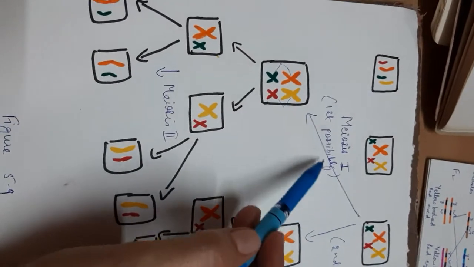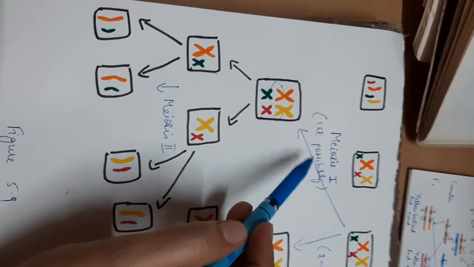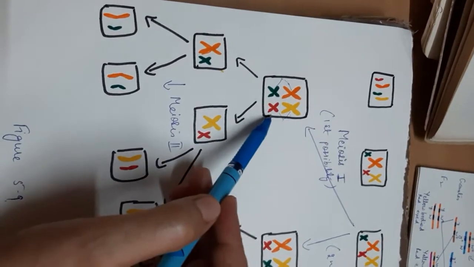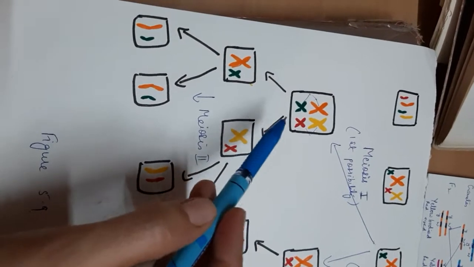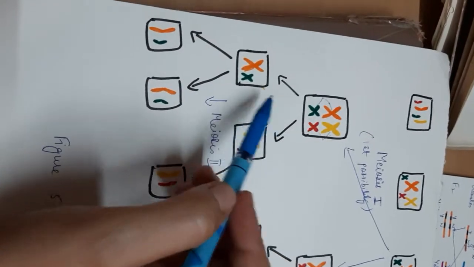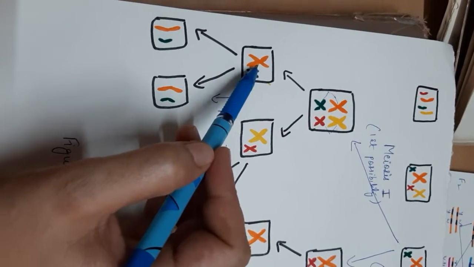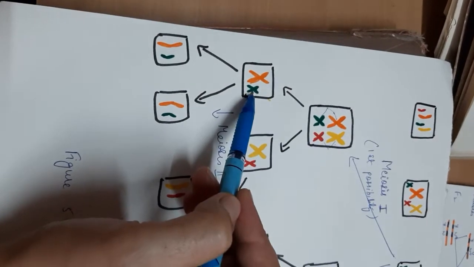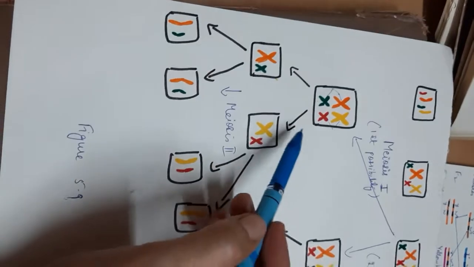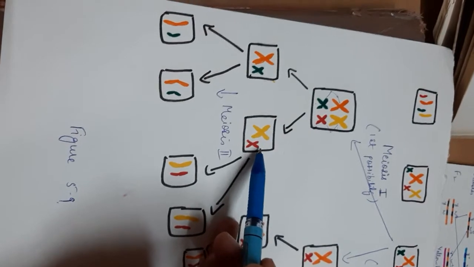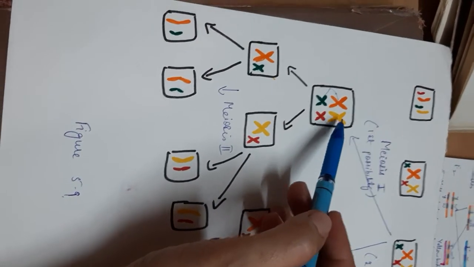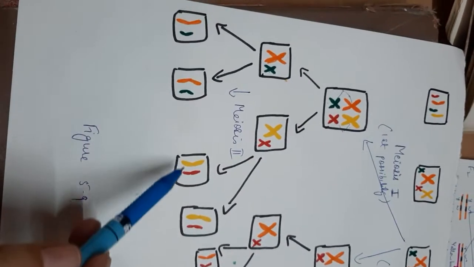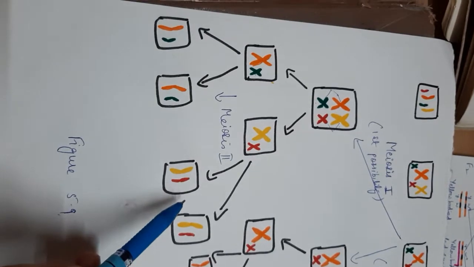Now when meiosis 1 takes place, the first possibility is like this. These are the pair number 1 and this is the pair number 2, right? So it may happen like this. This orange chromosome of the first pair can segregate with the green chromosome of the second pair. Then the next cell, obviously, will receive the yellow chromosome of the first pair and the red chromosome of the second pair, and this is the meiosis 2, right? Which I have already explained to you.